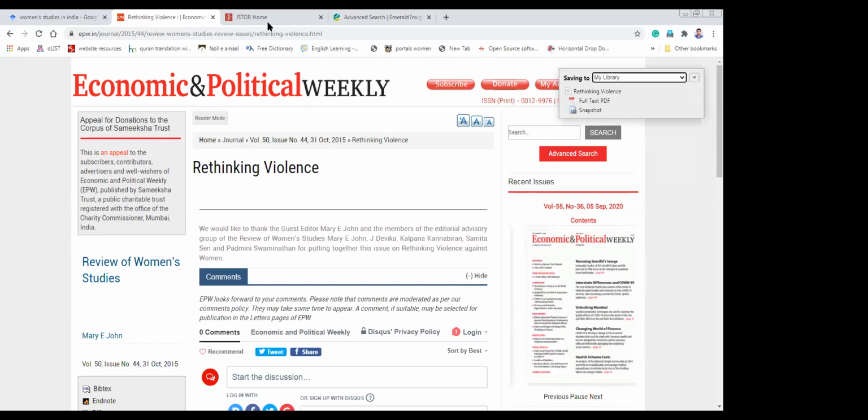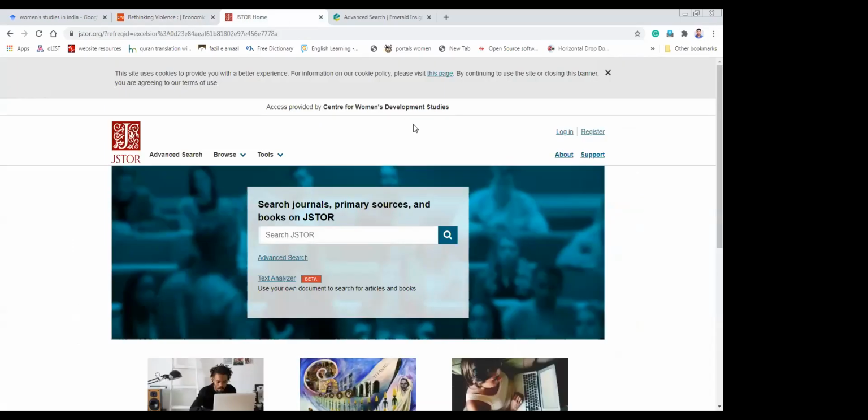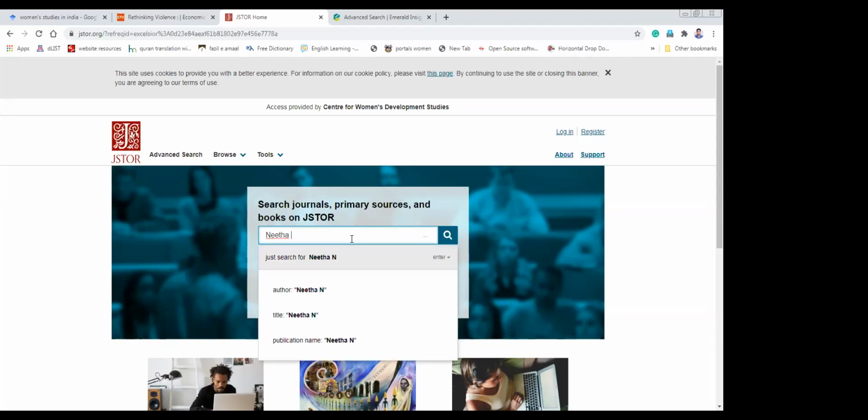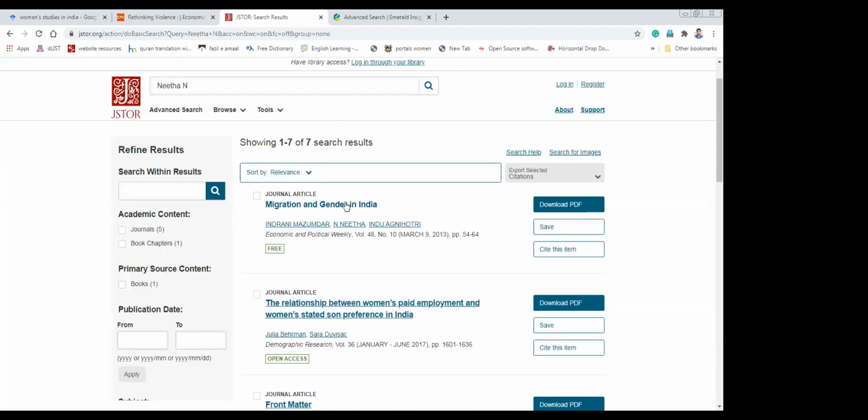Similarly, like JSTOR, I have already logged into JSTOR, and if I search any keyword or the author you like, suppose this is the first article called Migration and Gender against my query.